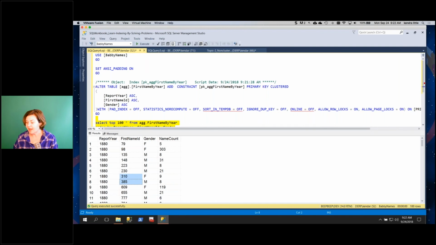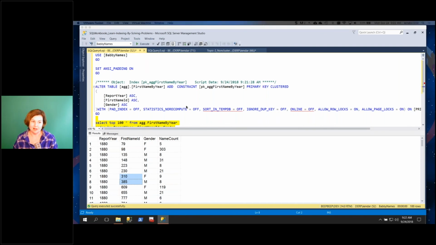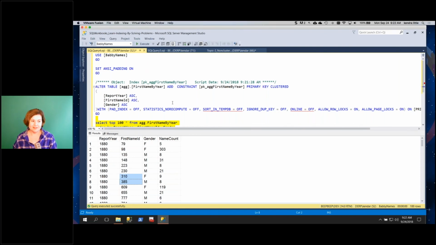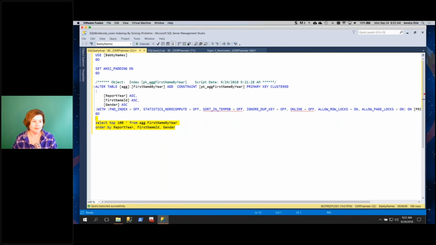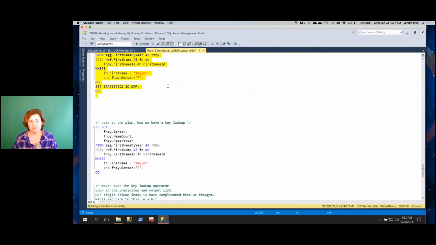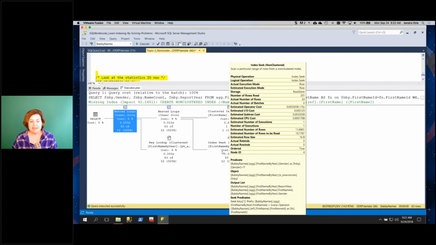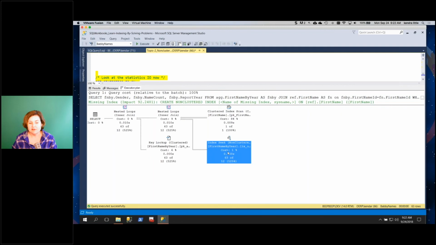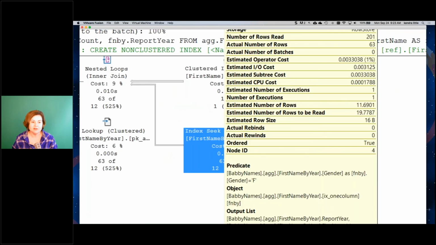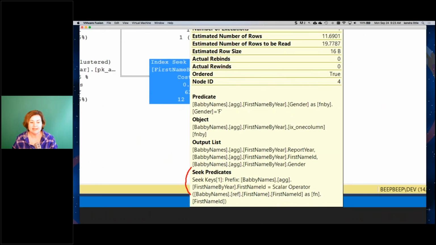Okay, so the reason that I'm asking is, shouldn't your non-clustered index have these keys as hidden columns? Yes, so there is a secret in our execution plan. Let me go back to that other window. There's a secret, in fact, that I glossed over in our execution plan that we are going to look at later. In this index seek here on ag.firstname by year, if we look down here, the seek predicate is on first name ID equals scalar operator